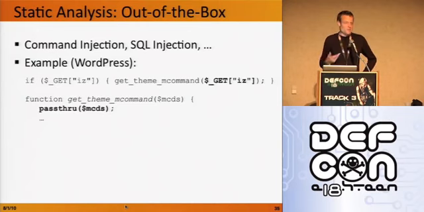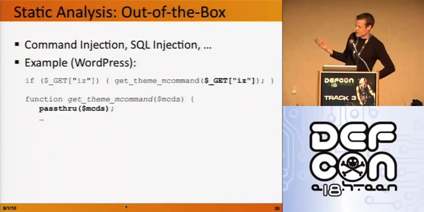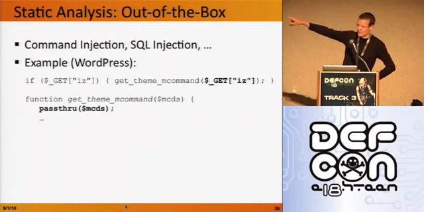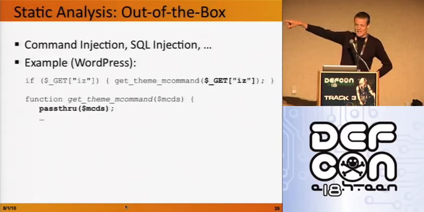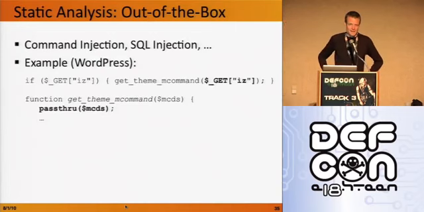Vulnerability detection is useful too. Sometimes an insider leverages something that is technically just vulnerable. This is an example that Matias talked a little bit about earlier, except he just had the first line of code. So the first line of code says, this is PHP code, I'm going to check a request parameter, and if it exists, called IZ, then I'm going to call this getTheme_mCommand function. What the hell does getTheme_mCommand do? I guess it's going to load a theme.